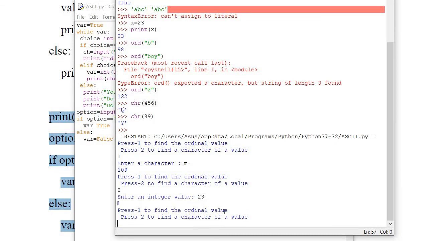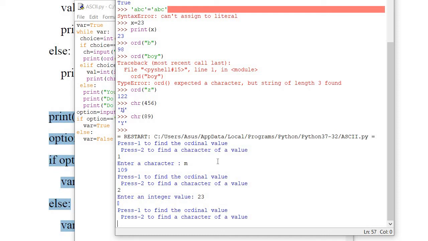Now it will give you the character for 23. So from this program you can do both things: give a character and get the ASCII value of it, or give an ASCII value and get the character of it. This is a very good program. All of you must try this program at your end.